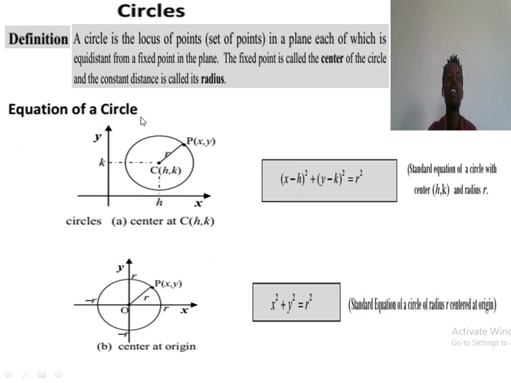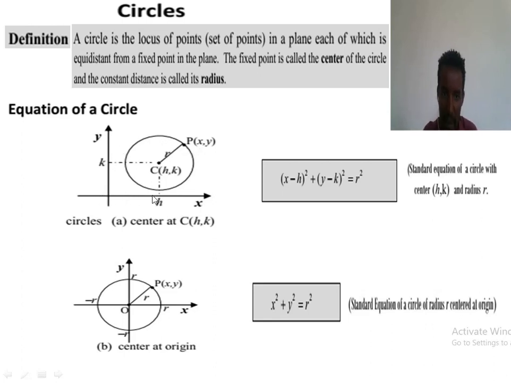Equation of circle እንዴት ነው የምናገኘው? Now equation of a circle የምናገኘው simply by using the definitions of a distance ወይም ደግሞ የዲስታንስ definitions በማስታወስ ወይም በዲስታንስ ፎርሙላ መሰረት ነው።